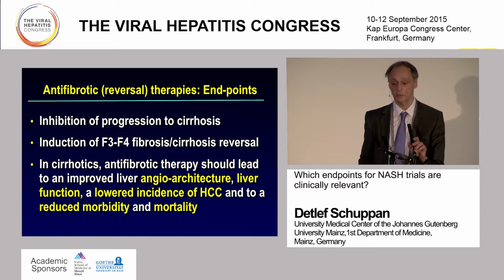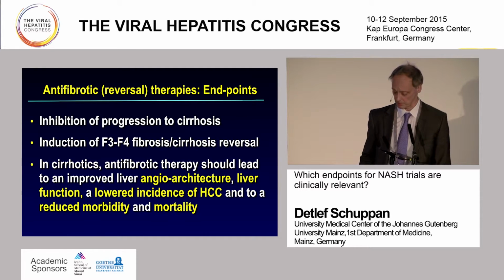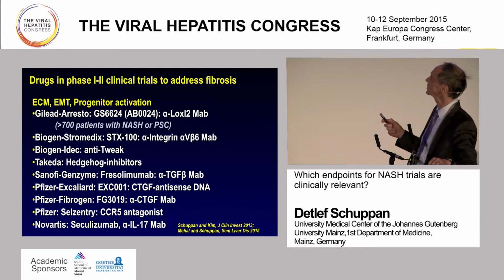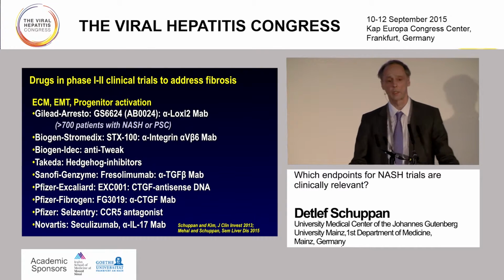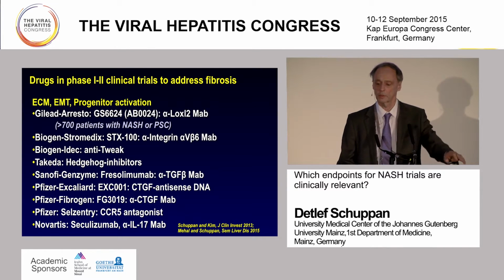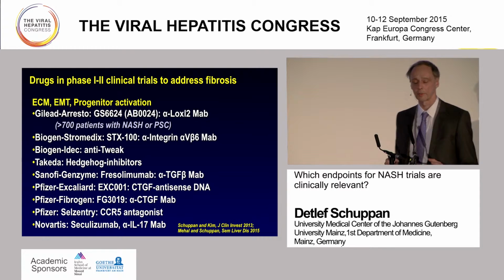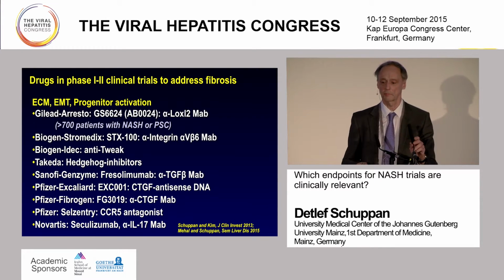We know that this is possible in viral hepatitis, especially for hepatitis B, but also very likely now for hepatitis C with efficient therapy. And this is not trying to repeat anything, but this is specific antifibrotic drugs. And there is, apart from the study that had been just discussed with Dr. Yunussi, certain other drugs in the pipeline for fibrosis, for NASH, but also for other fibrotic liver diseases.